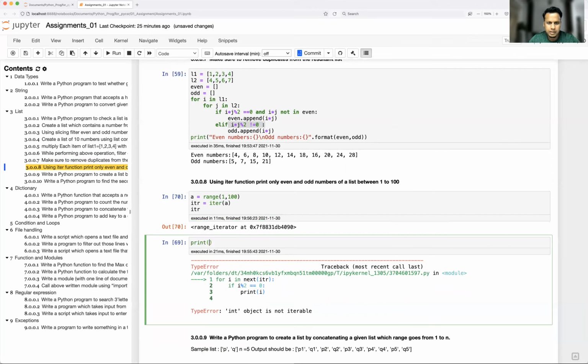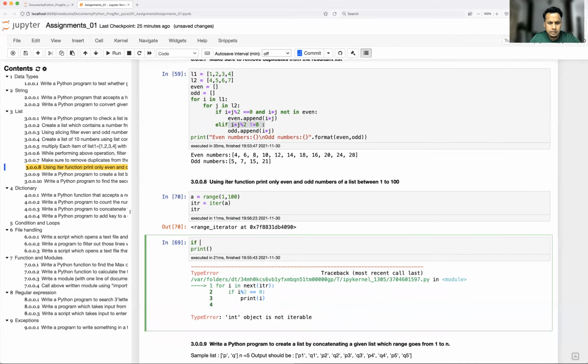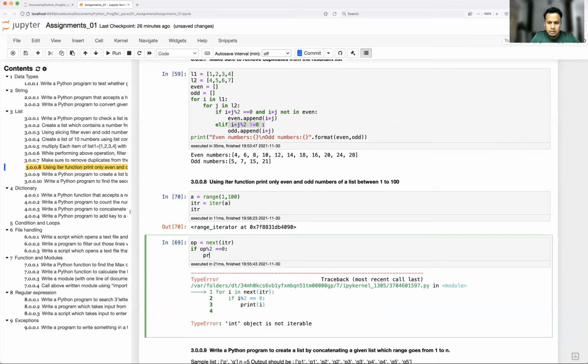So let me just put it in this way. If op equal to next itr, right? Print if op modulo 2 equal to 0, print op.